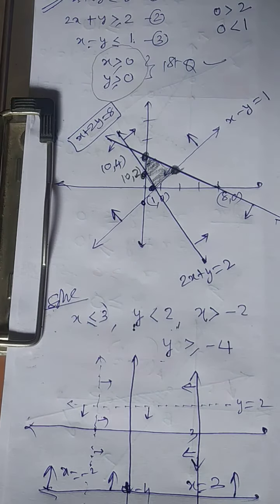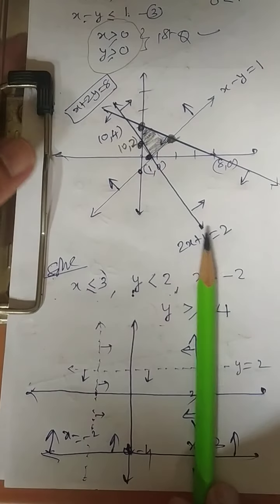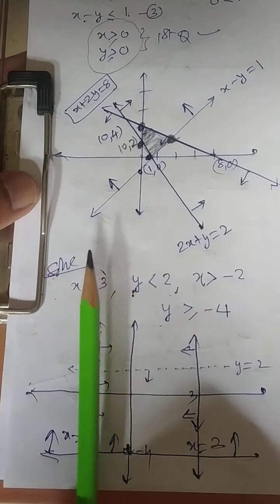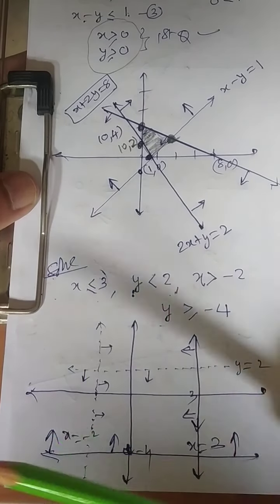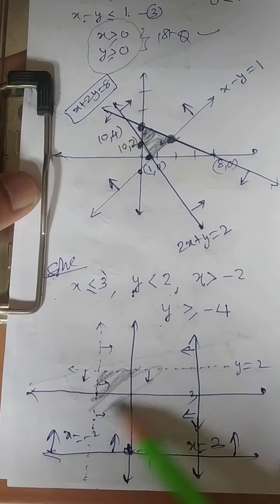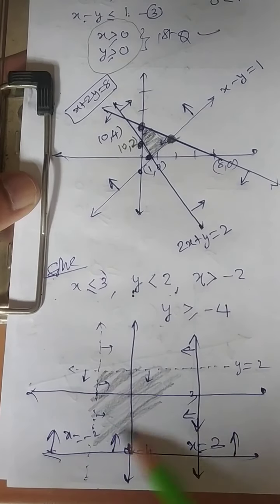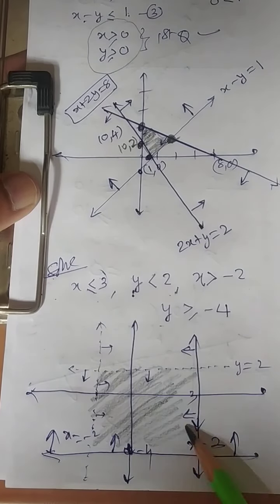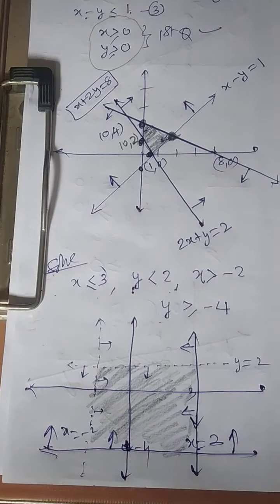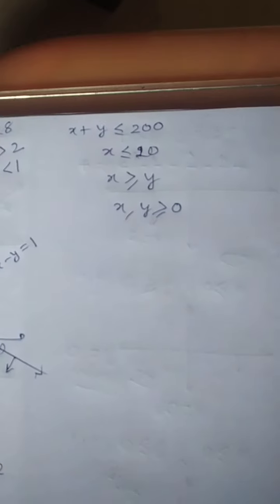Now let us look at all. Listen, this line less than, here down, this line up, right, this line up. So the solution will be nothing but this one. This is nothing but the graphical solution. If it is asked in the first quadrant, then only this portion will come. Okay. Now we'll see some more questions.